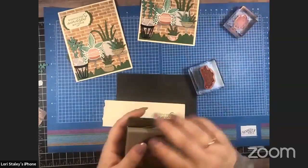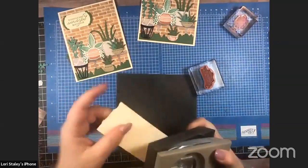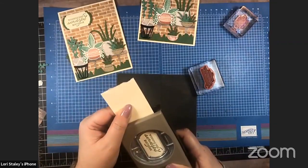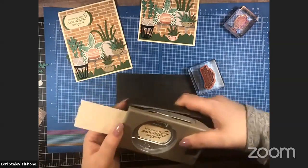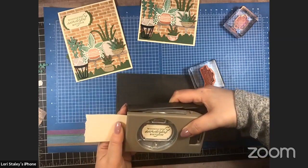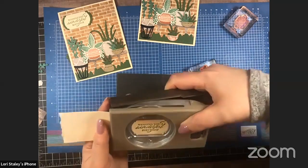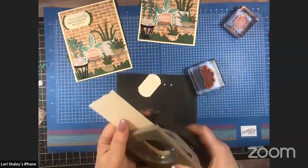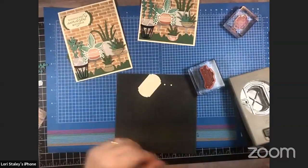We're going to bring in the label punch. Yeah, that background is awesome. That is in the paper. So I'm going to punch this out. Trying to line that up so it's straight. And then